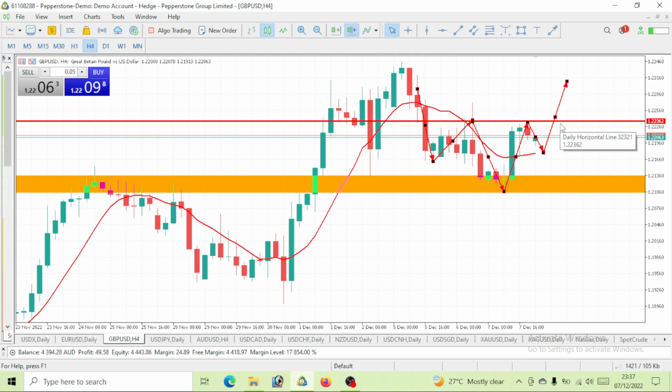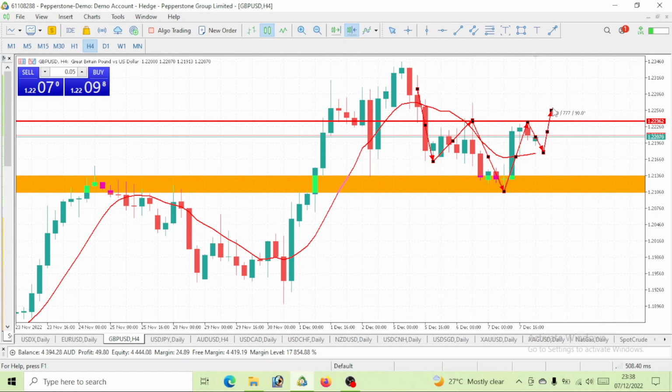So if you want to enter this trade, the best time to actually place it, I would say, is possibly the New York session or London session. As of now, we are still on the 7th, and we are trying to predict for the next day, which is the 8th. Possibly the London session, if price has broken these highs. See this level price has been reacting to, right?